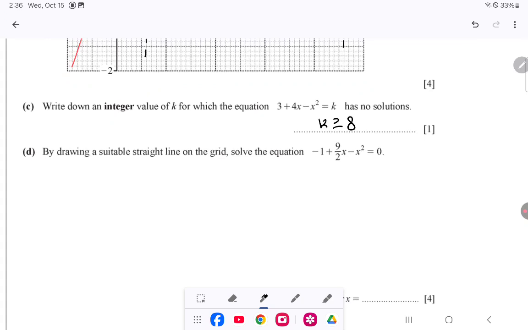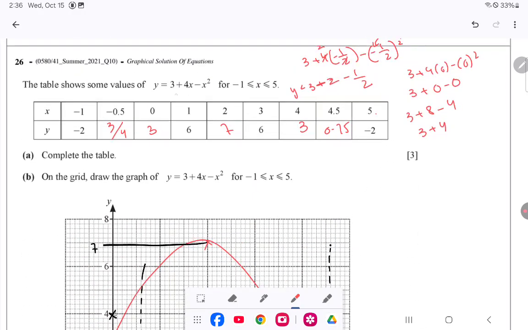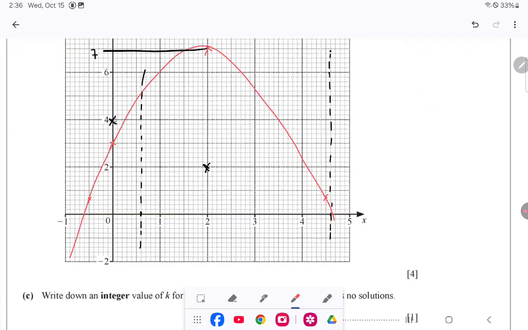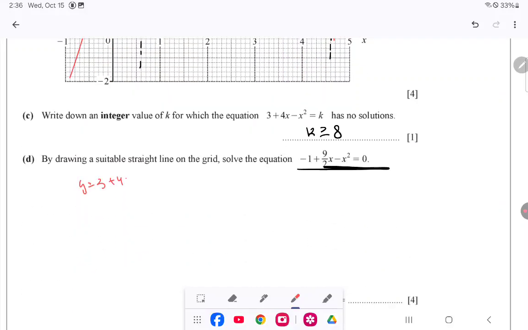By drawing a suitable straight line, solve the equation. Again, we first have to arrange this equation in terms of y. For that, first write what is the equation for y. y is equal to 3 plus 4x minus x square. 3 plus 4x minus x square. In order to get that, we have to subtract both sides by 3 plus positive 4x. When we subtract that from both sides, we will be left with